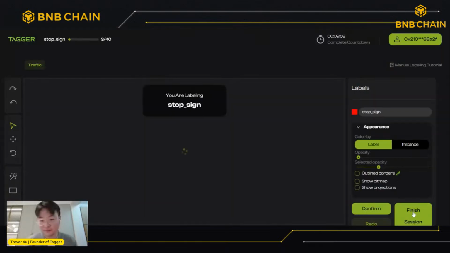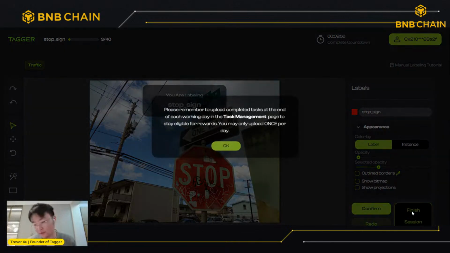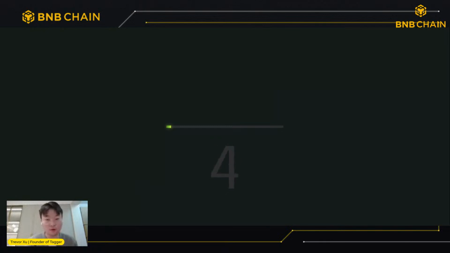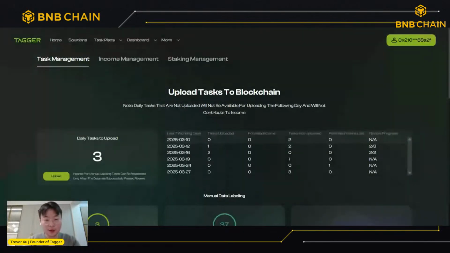So at the end of each working day, press finish session. We can see here, remember to upload completed tasks at the end of each working day to the task management page, to the blockchain, to be eligible for rewards. After finishing a session, the page will take me to the task management page. It shows each day I have been working.